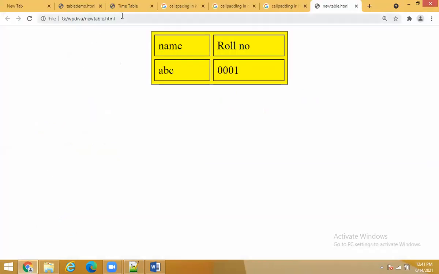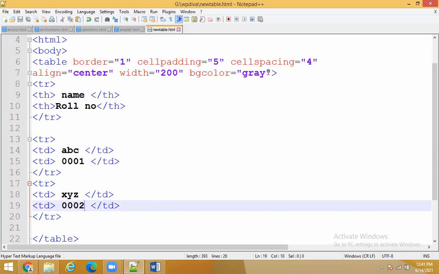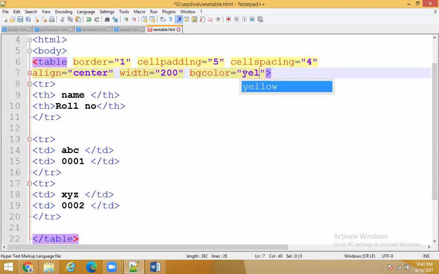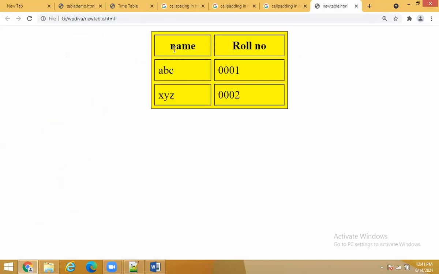Okay, now I will relocate to the browser and I will refresh my file. Did you see that? So in this way, what happened? If you take TH, what is going to happen? So I will just cancel gray. It is coming very dark. So I will take yellow. I will just save it. The file is already in the browser, so you can directly go to the browser. Now you can see if I take this TH tag, what is going to happen there, guys? By taking a TH tag, automatically name and roll number are coming in the center. Why are this roll number and name coming in the center?